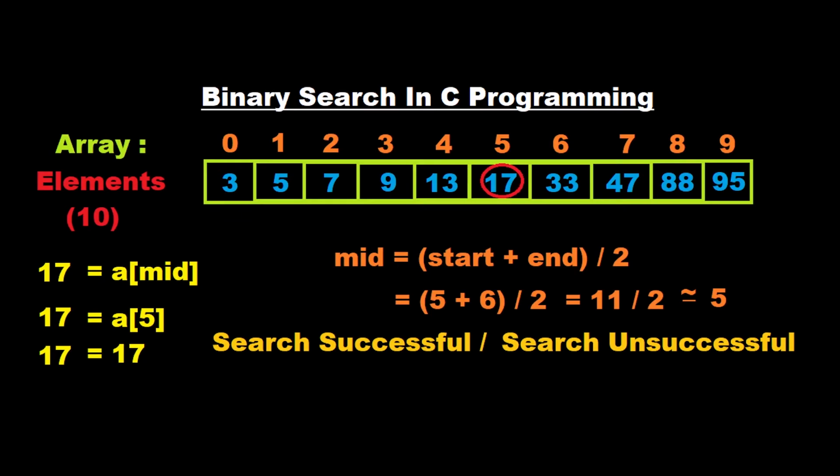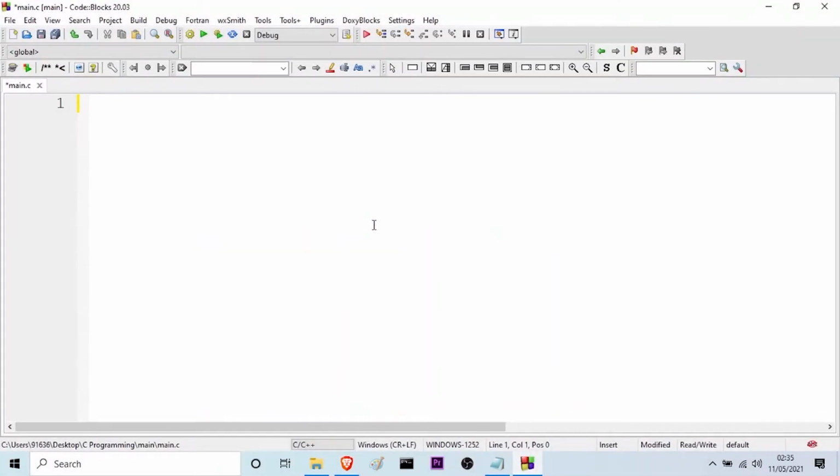So now let us go on to the editor so that I can show you the program to implement binary search. So here I am going to my editor, and let me start with the header file